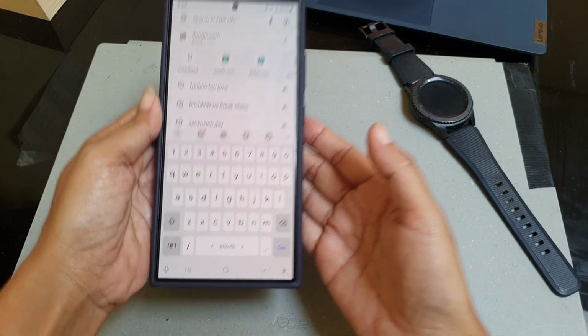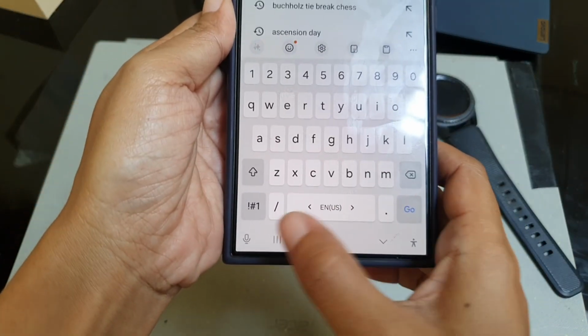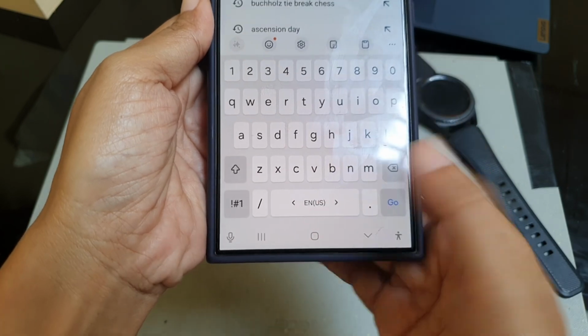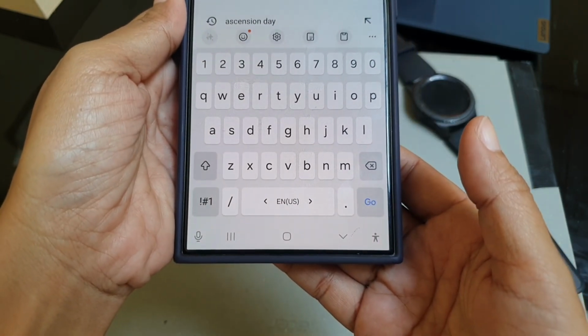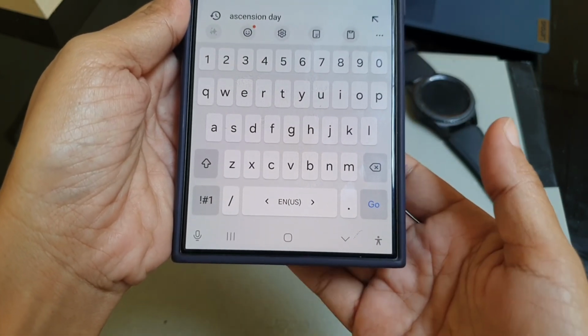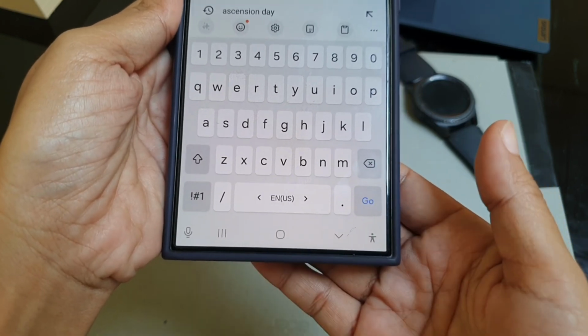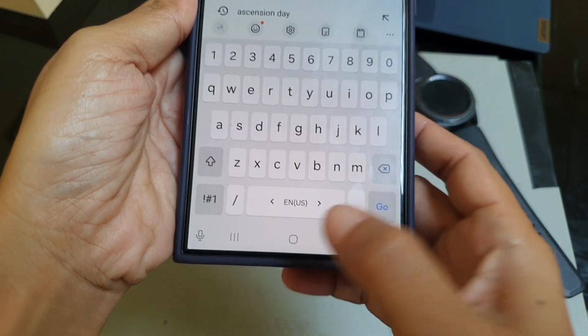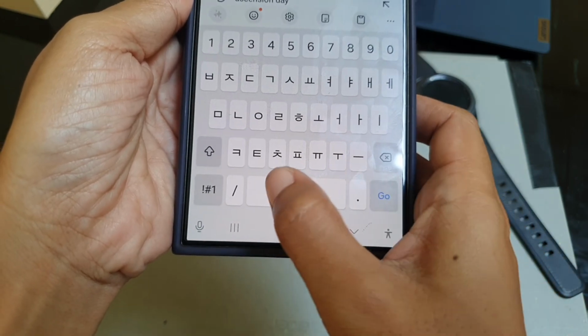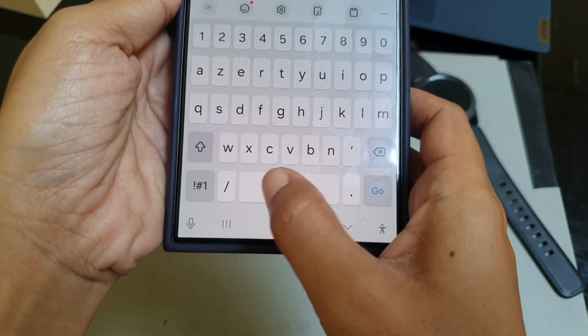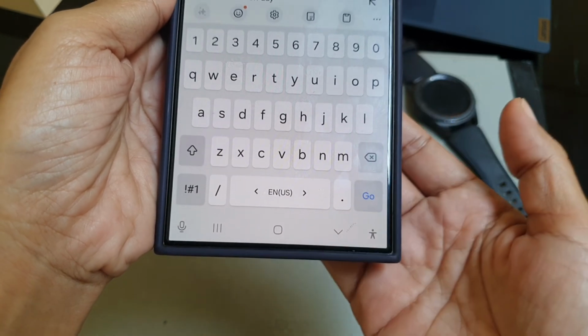You can see that your phone no longer displays the language key on the keyboard. If you have added multiple languages to your keyboard, with this setting, you can switch between those languages by swiping the spacebar until it displays the language you like to use.